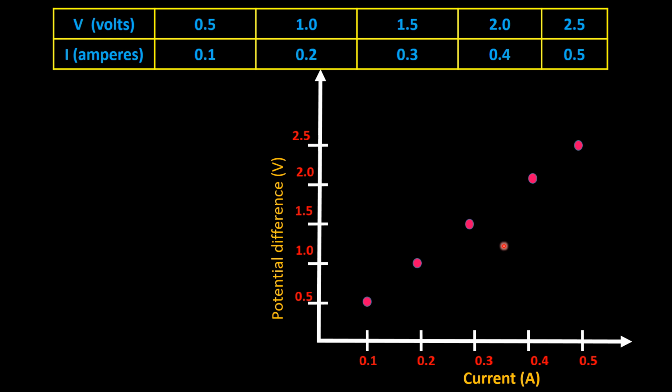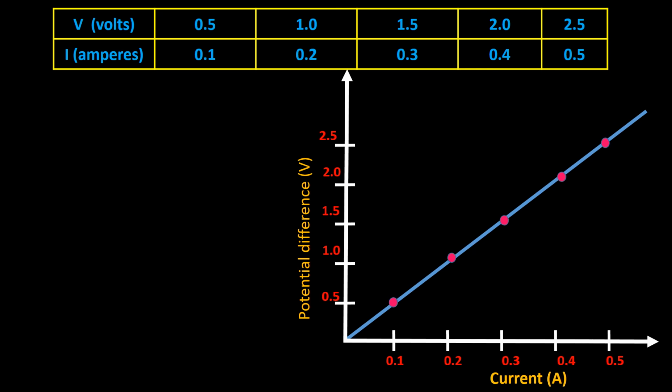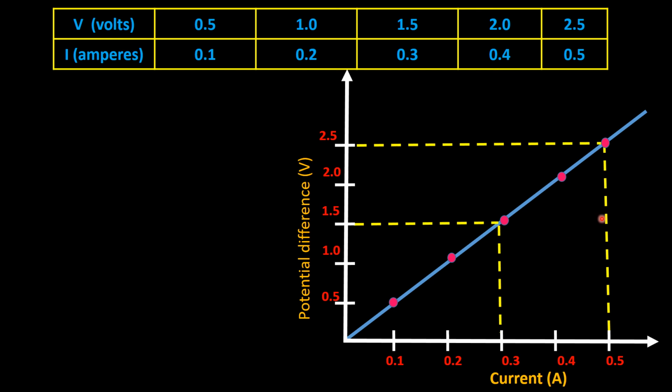And then we draw a straight line passing through the origin. So the origin is here. So in this way we draw a straight line connecting all the points. Now after plotting the graph, we need to find the value of delta V and delta I. So for that we draw two horizontal lines from the voltage axis and two vertical lines from these two points. And the difference of readings here will give the value of delta V, and similarly the difference of readings here will give the value of delta I.